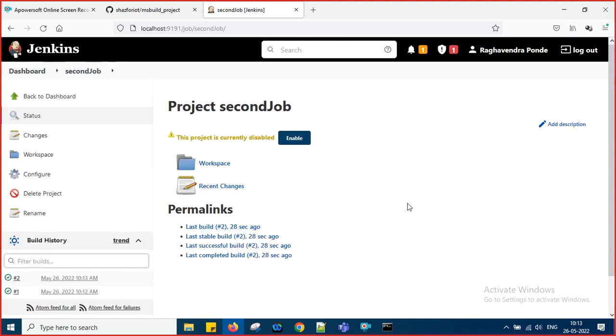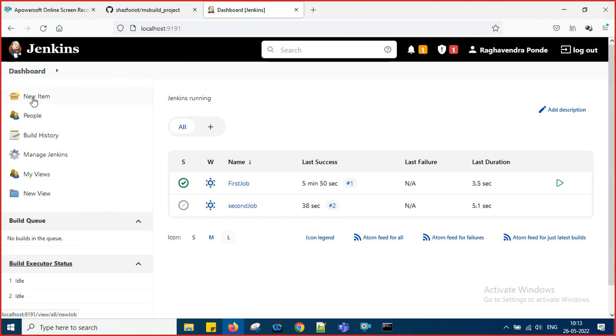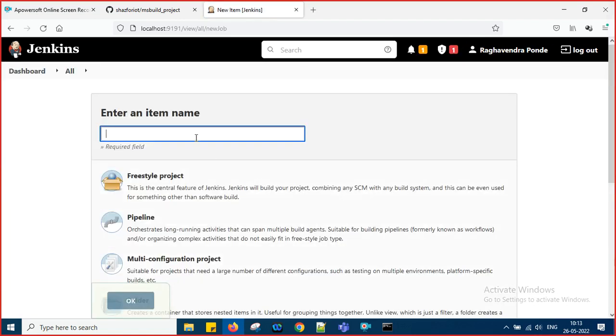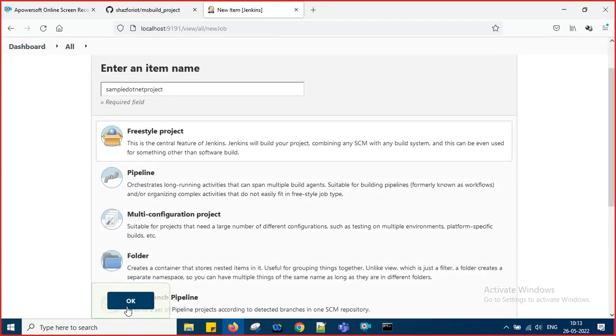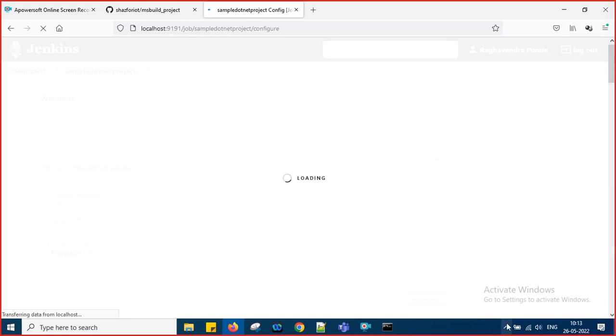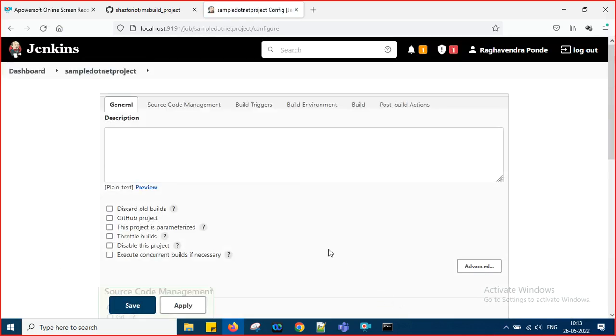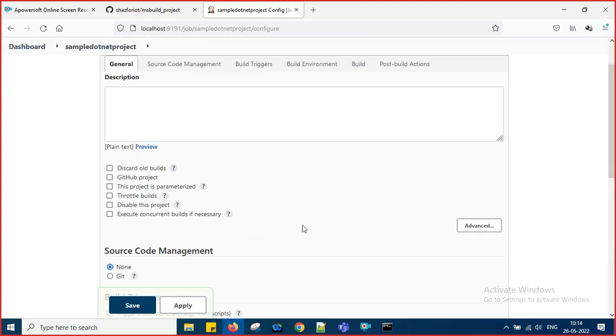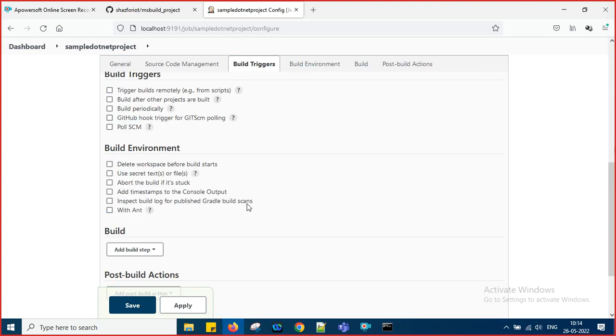Okay. Now what I want to do is create a .NET project. So again dashboard, new item, you see, and give some name, sample .NET project, some name you give it. I want to create a freestyle project, say okay. So what is there, I want to execute .NET code. If you want to execute .NET code, .NET plugins should be there for it. If you see here,